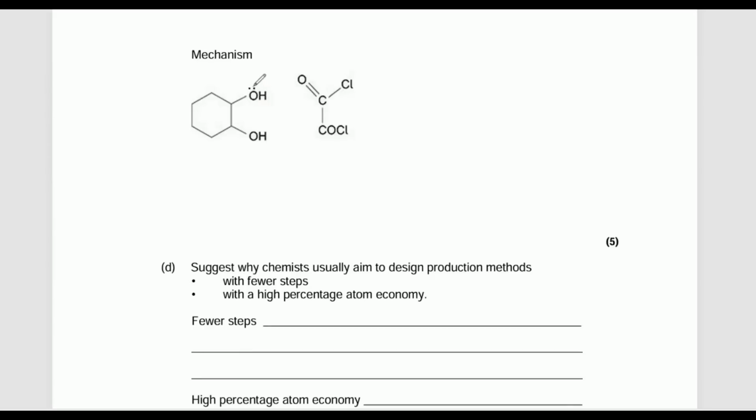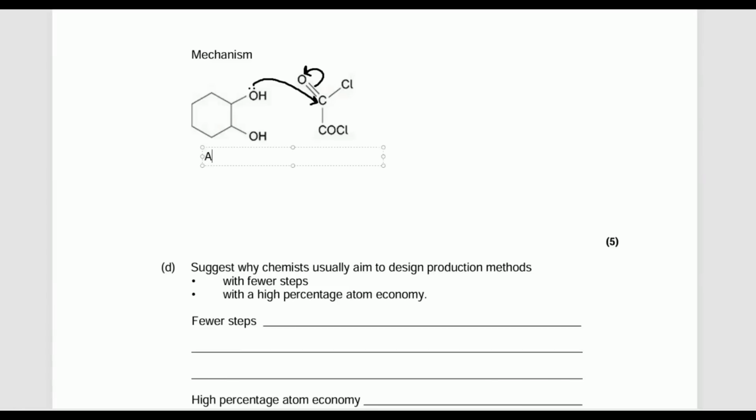I'm going to show you the whole addition elimination mechanism. Might as well, eh? Right, so what's going to happen? We're going to look at one hydroxide first just to form one ester link. So we've got the lone pair being donated from the hydroxide group to the carbon. Why? Because it's delta positive. You don't need to show the delta positive in AQA, but the carbon is slightly positive because that's a polar